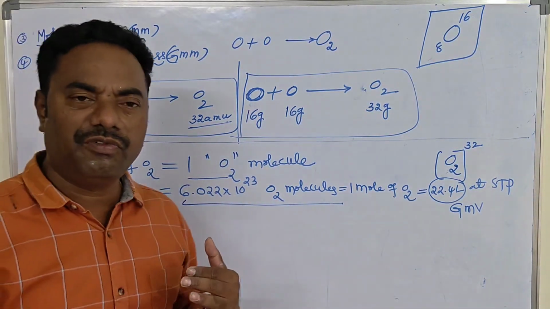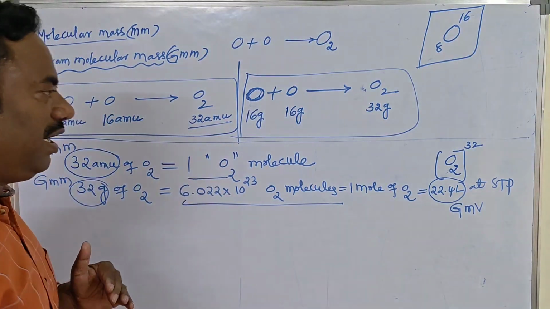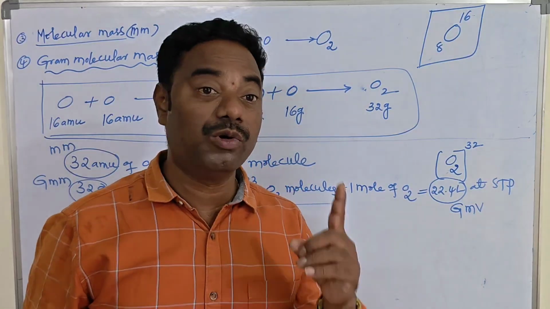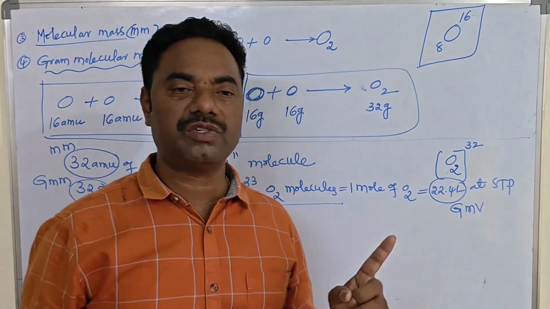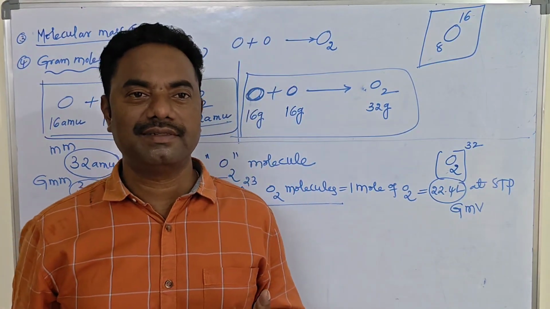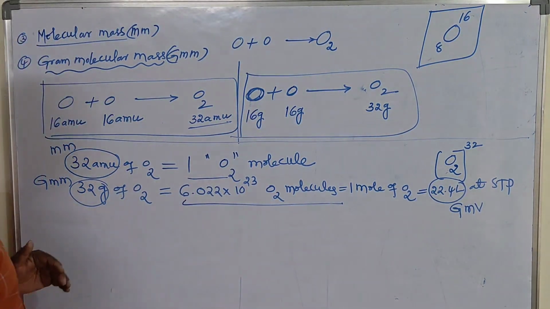With these terms we will do a number of problems. It is an easy way to understand the concept. Here I explained only 5 terms. First one is atomic mass, second one is gram atomic mass, third one is molecular mass, fourth one is gram